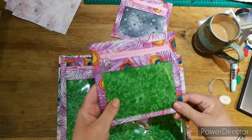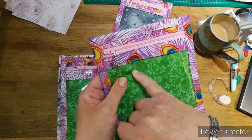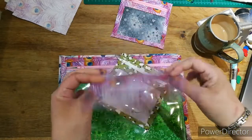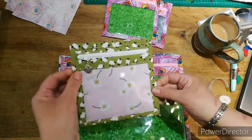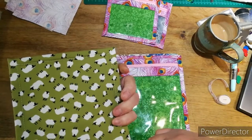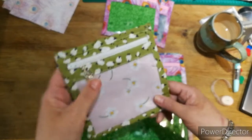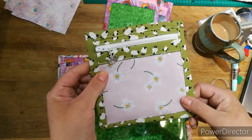That with the peacock and the green, because I took the green out of the eye there. Can you see how it goes into that colour? And use that. And then I got a little sheepy do. Fine. And now these bags, my friend is taking to, who's a nurse, and when she saw these,